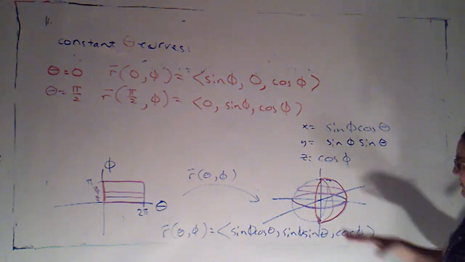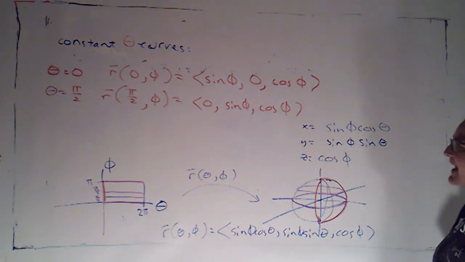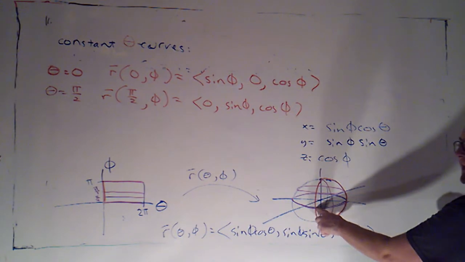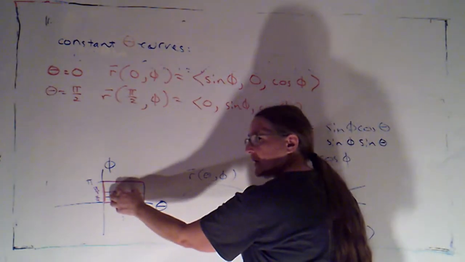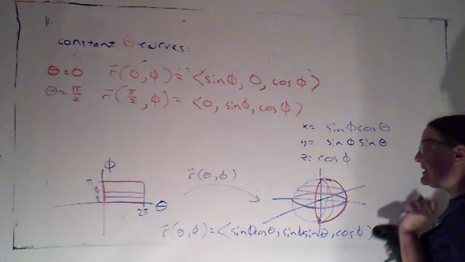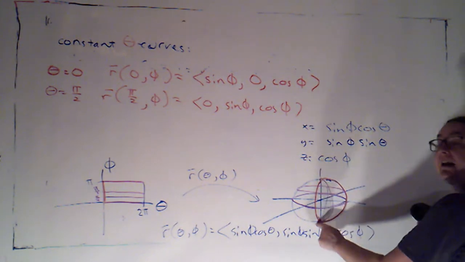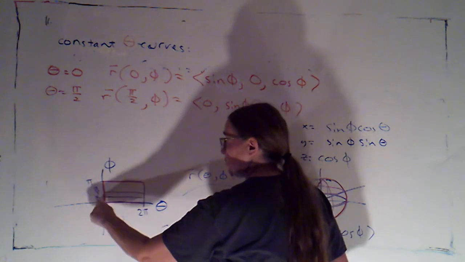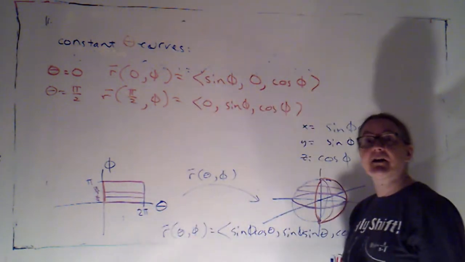So it's kind of an interesting way of getting the sphere, but that's how this parametrization gives us the sphere. And for the most part, each point on the sphere is going to have just one point over here that maps to it. The exception to that are the very top and the very bottom points. They both have an entire line's worth of points that are mapping to them.